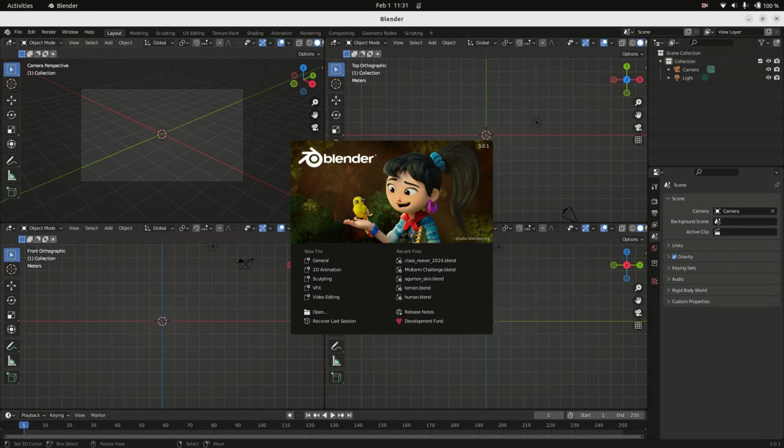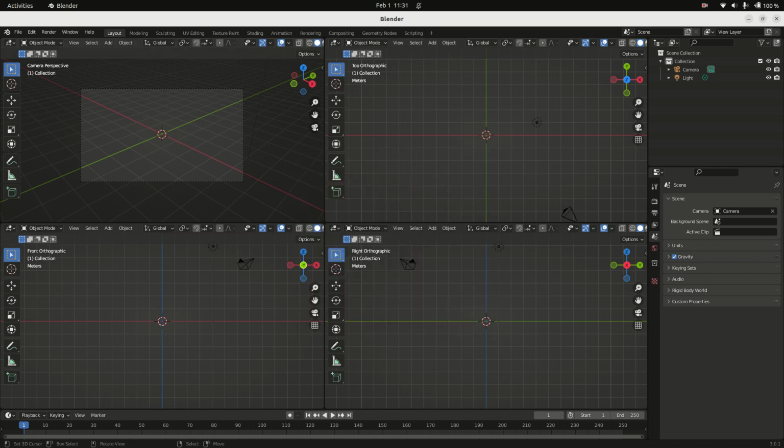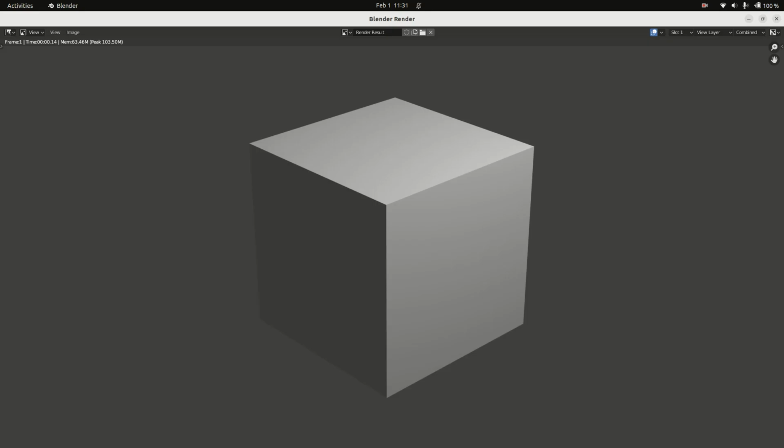Let me start here with this default scene. I'll add back the default cube. And let me just render this scene. We have the cube with the one light source that is reflecting light here, diffusing light here, and highlighting this more, and highlighting this a little less. And then the opposite side doesn't get light at all, but there's still a little bit of ambient light being